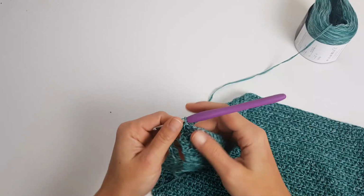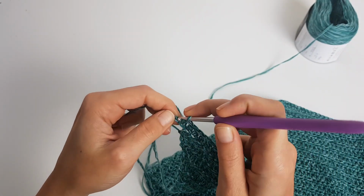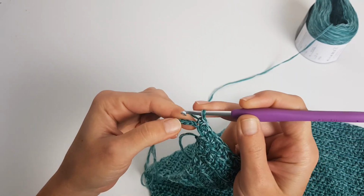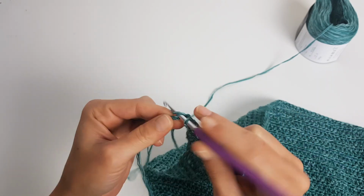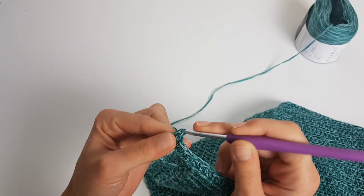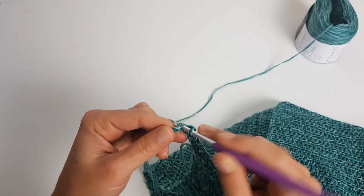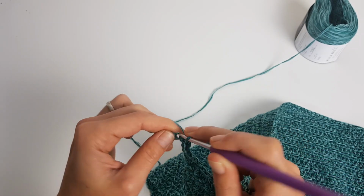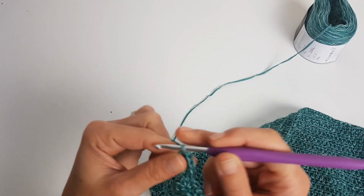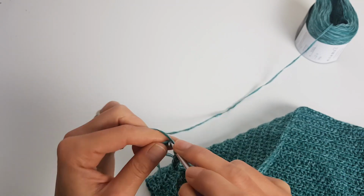So I just half double crochet into each stitch. Now I have the last 10 stitches in which I will do a single crochet to the end of the row. So I will have in total 10 single crochet. And this was the first row of the shoulder section. Remember the section number 3 on the sketch that I showed you at the beginning, and this was the first row,